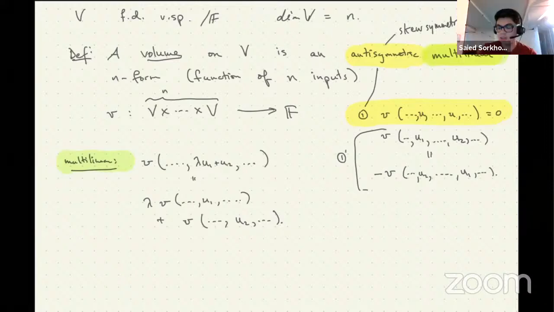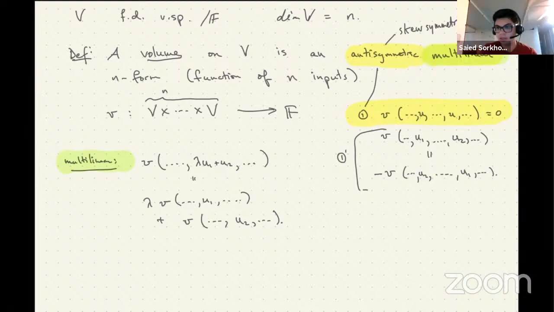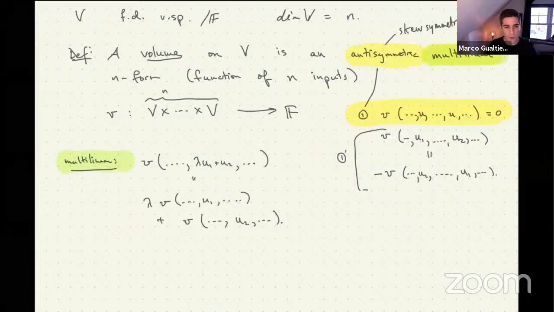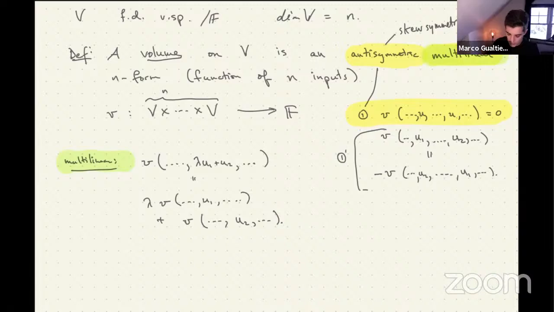So Kai has a good question in the chat. Go ahead, Kai, if you want to ask. Okay, so what Kai's question was, this is not necessarily true when F has characteristic 2. I'm assuming he's referring to the antisymmetric condition that you said is equivalent there. Yeah, that's right. The field with characteristic 2 case is a special case. He's talking about the equivalence between these two.